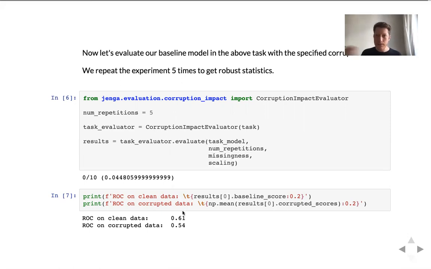And then it runs these evaluations, and we see, as expected, without corruptions on clean data, we get the same performance as before, an ROC score of above 60%. And on corrupted data, the performance drops by about 6 to 7%. Now, that's how easy it was to evaluate your machine learning model and test it on corrupted data. It's below 5 lines of Python code, and it's easy to customize by writing your own error functions and evaluators